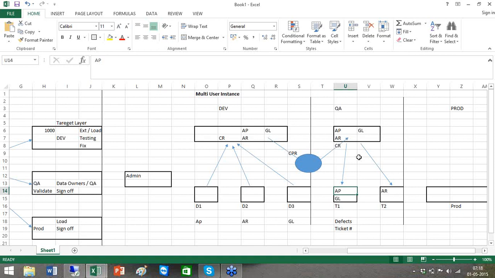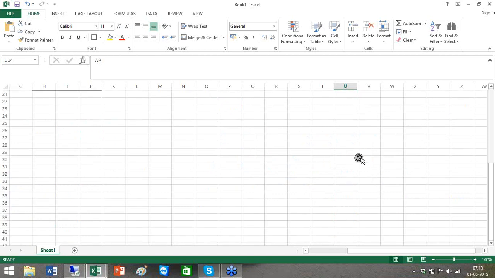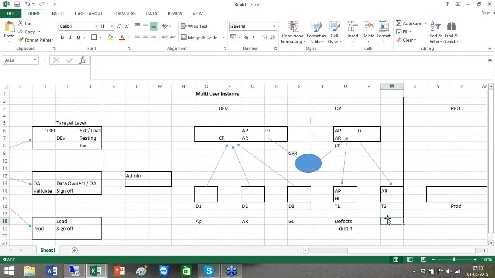Let us say the second tester identifies a defect on accounts receivable. He will raise a defect number and a ticket, and that ticket will be assigned to developer 2. Developer 2 will work on his local repository, fix it, upload it into the central repository and notify the code promotion guys. These code promotion guys will get the latest version of accounts receivable and upload it into the quality central repository,